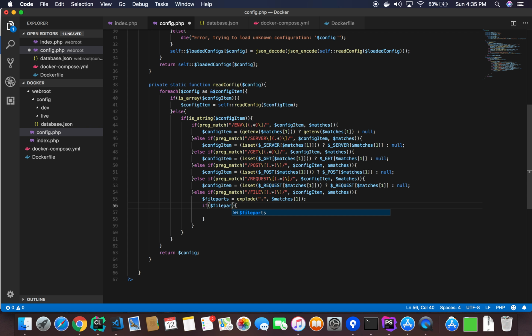We'll say count file parts minus 1, right? If that is a JSON file, and of course we'll do a string to lower here. If it's a JSON file, let's go ahead and say